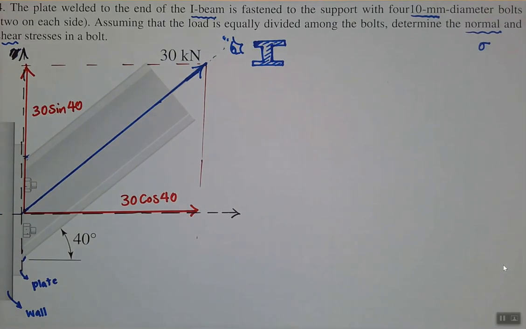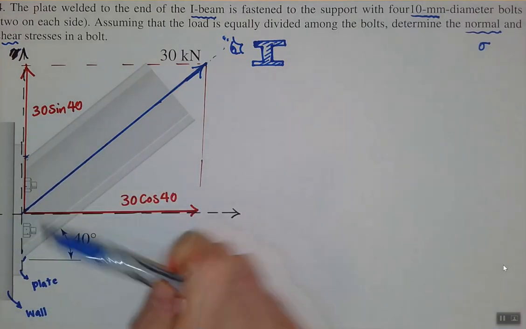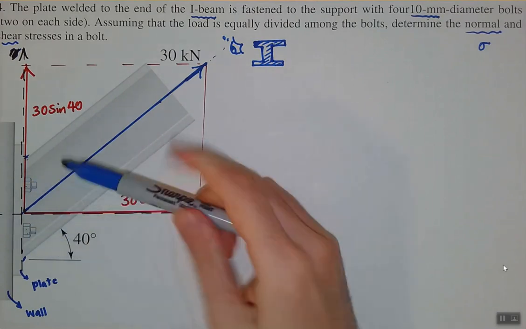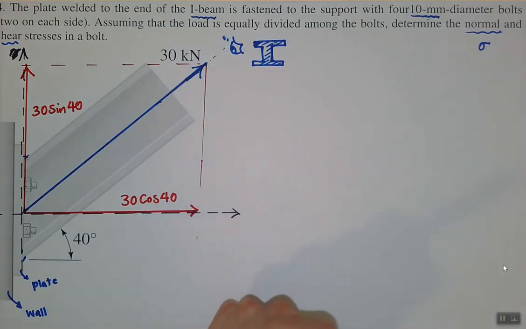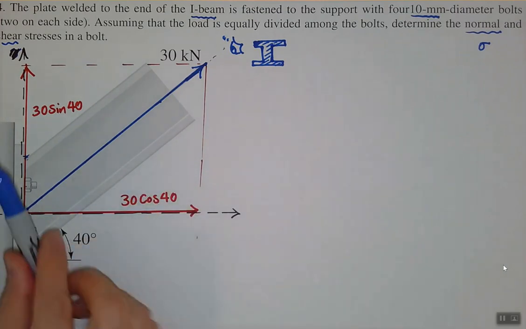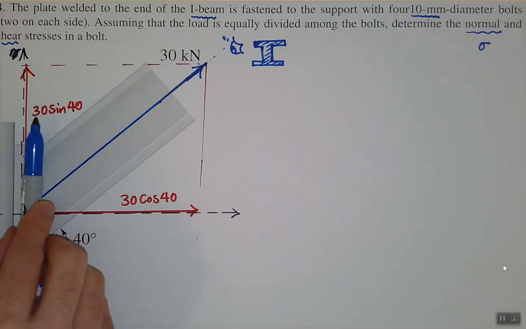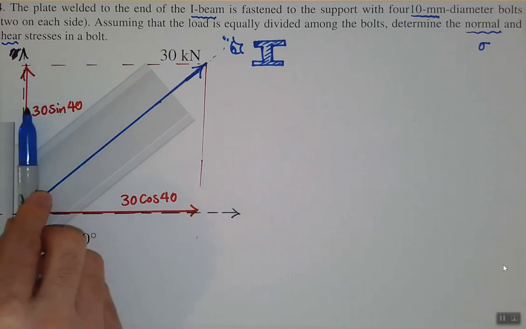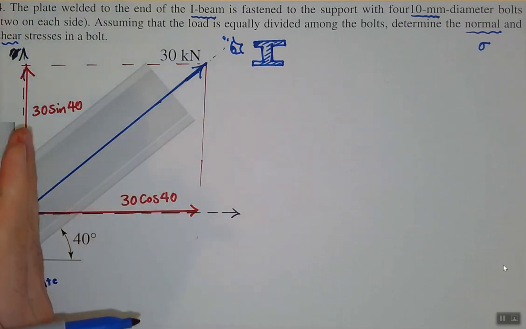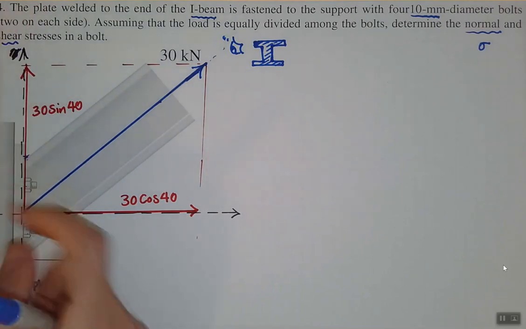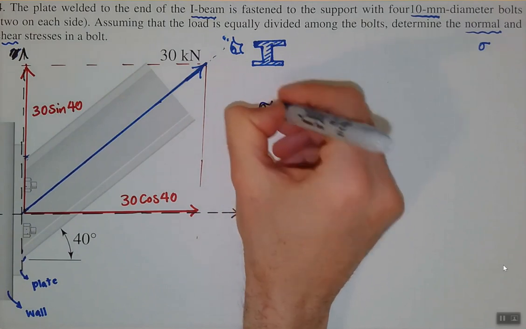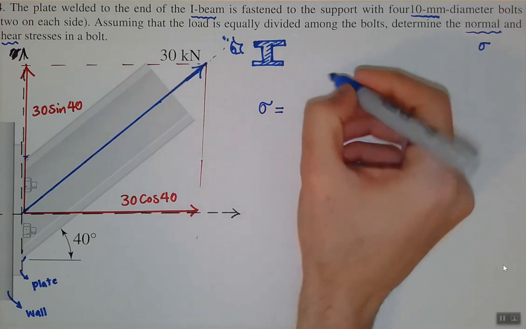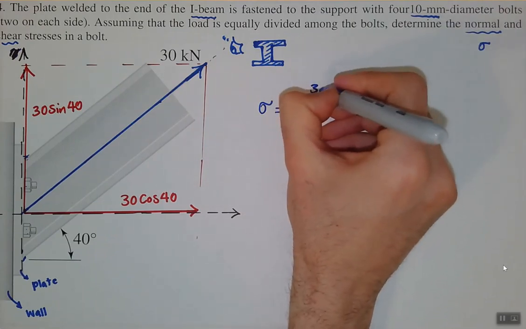Now the problem is simple. We notice that this horizontal load tries to pull out basically these bolts, these 4 bolts, 2 here, 2 on the other side. It tries to pull it out, so it applies basically a normal stress, right? A normal to the surface, while this vertical load 30 sine 40 tries to shear off, basically tries to slide off or cut off these bolts, so it creates a shearing stress, right? So simply I can then write down the normal stress to be the load, but be careful, the load